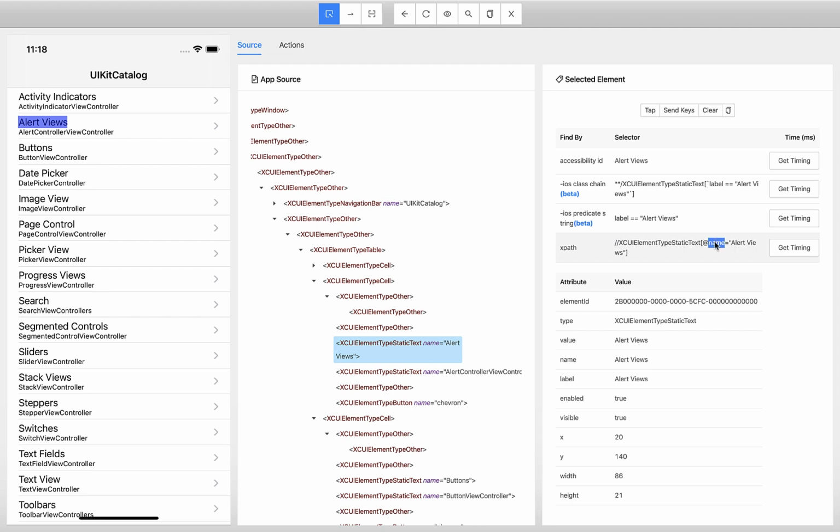So you can use the name attribute, or you can use value, you can use label, because all these three are uniquely saying that it can click on alert views. Okay, so if you don't want XPath, you also have ID here. So you can directly use this ID alert views and you can select it. So you have two locators available. So one thing you have to remember, when you are automating iOS, 99% of the time you should use either ID or XPath. That's all. You don't have the CSS concept in Appium. You can use the name attribute as well, find element by name, but that is going to be deprecated soon. So I would recommend you to use either XPath or ID.